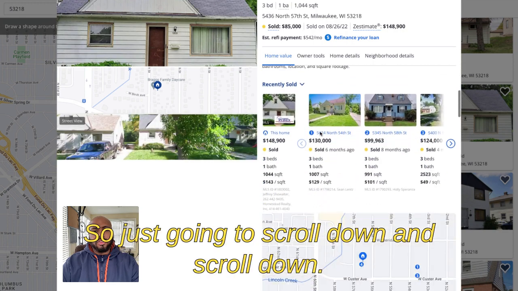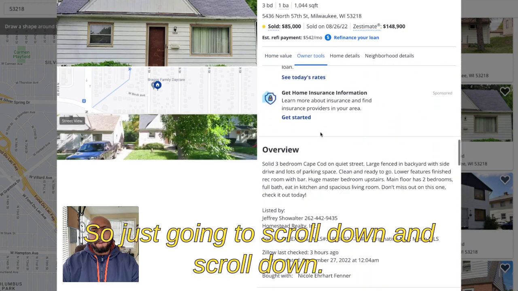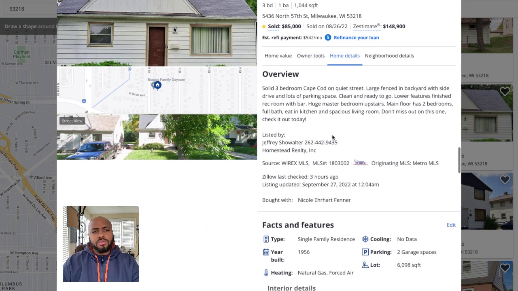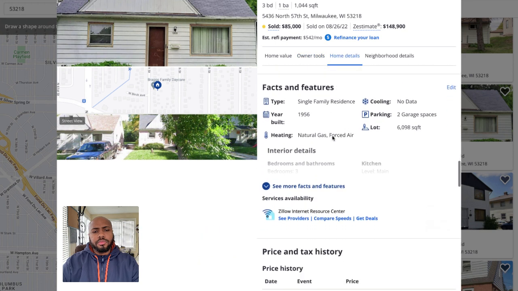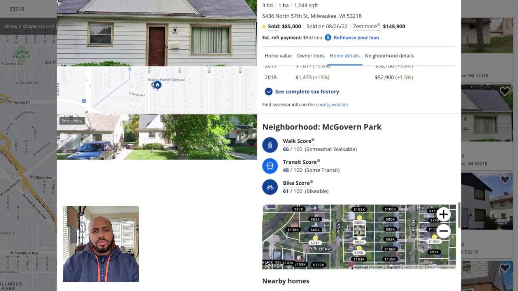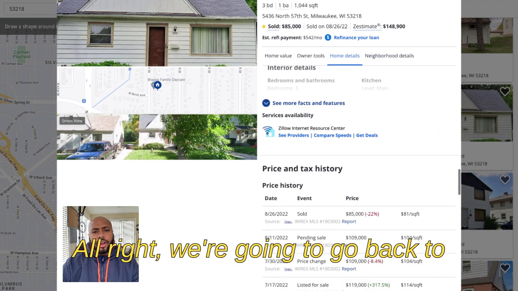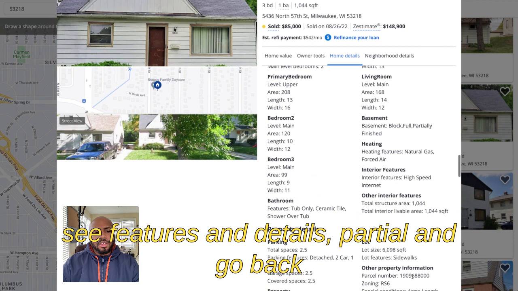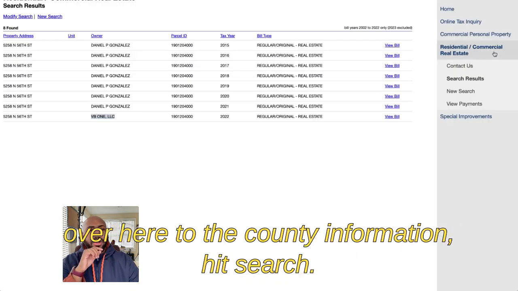So I'm just going to scroll down and scroll down. This one sold. All right, we're going to go back to see features and details, do partial, and go back over here to the county information.